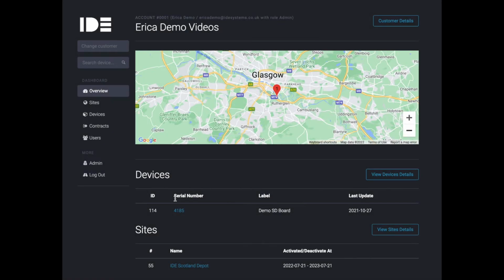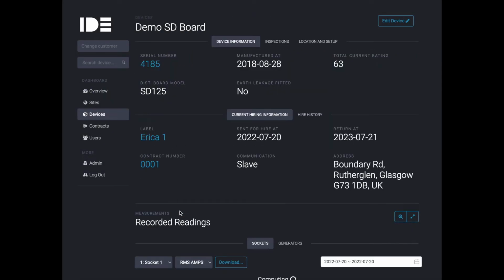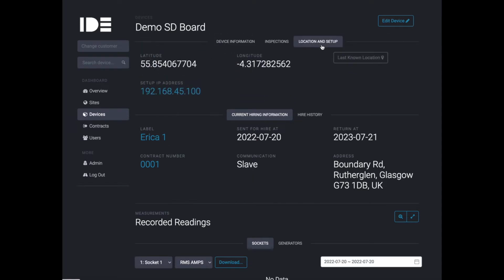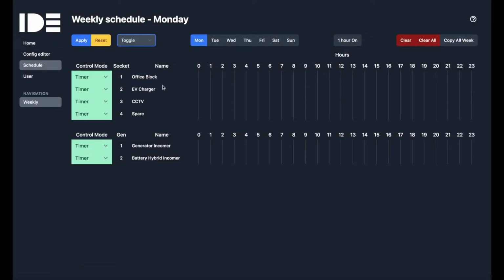To set the scheduler, choose your ERICA board 4185, go to Location and Setup and click on the IP address. This will now open up a new window for your weekly scheduler. From here you can apply settings, reset them, toggle between adding ranges and removing ranges,